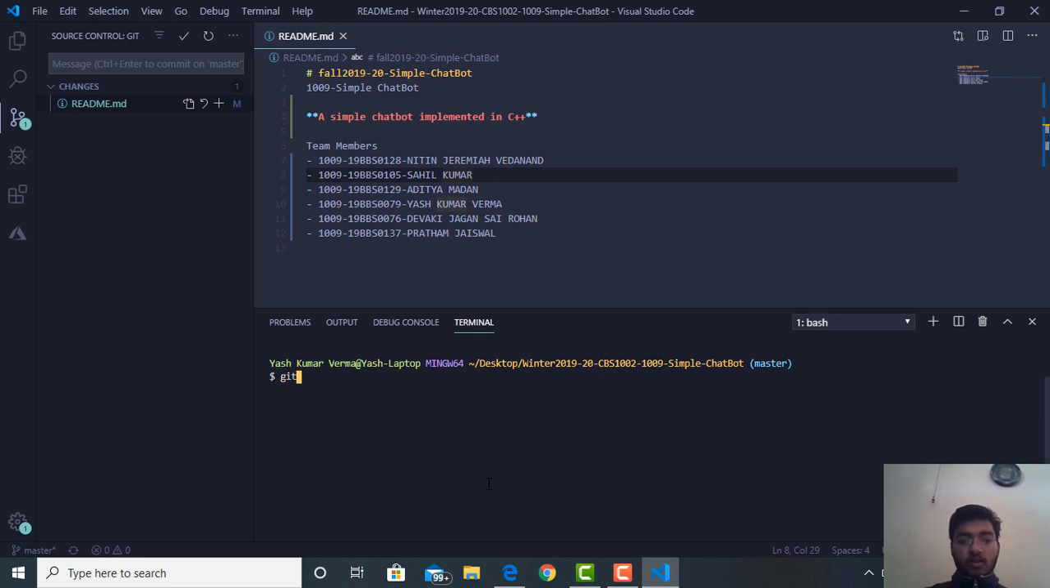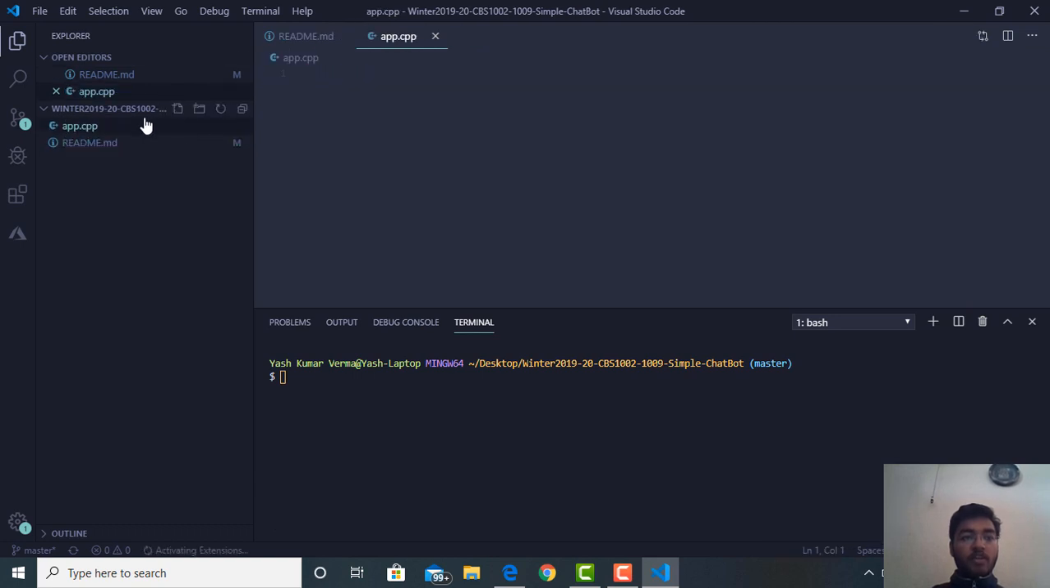Okay, now let's create a file. One method to create a file is to use this new file button and then write app.cpp. This will be the main file of my project application. Okay, so before we start programming,